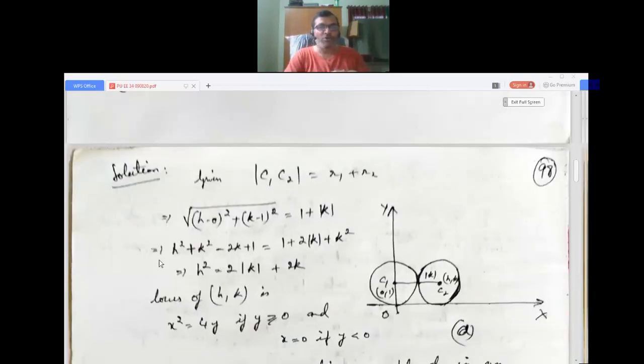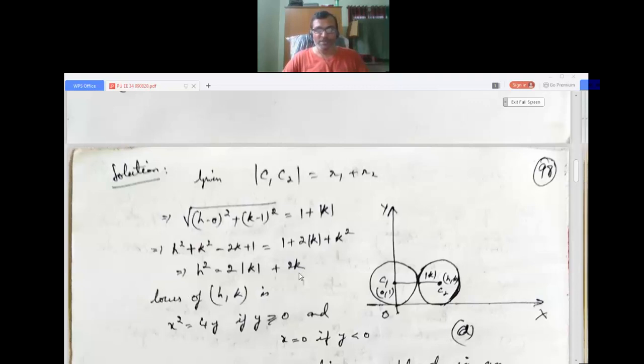Each and every step you have to analyze. So what we get here? h squared plus, again a minus b whole squared, k squared minus 2k plus 1. Here squaring both sides because I wanted to remove the square root. Some silly steps I am skipping. So squaring both sides, a squared plus b squared, that is k squared, plus 2 mod k, because whether k is positive or negative, the square will be positive. So h squared equals, k squared cancels, 1 and 1 cancel, so h squared will be 2 absolute value of k plus 2k.